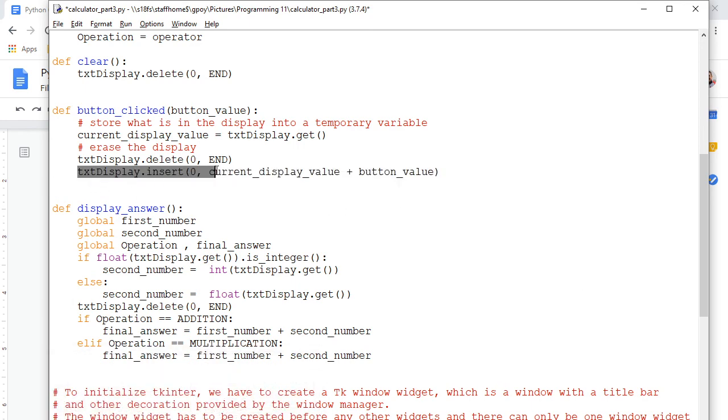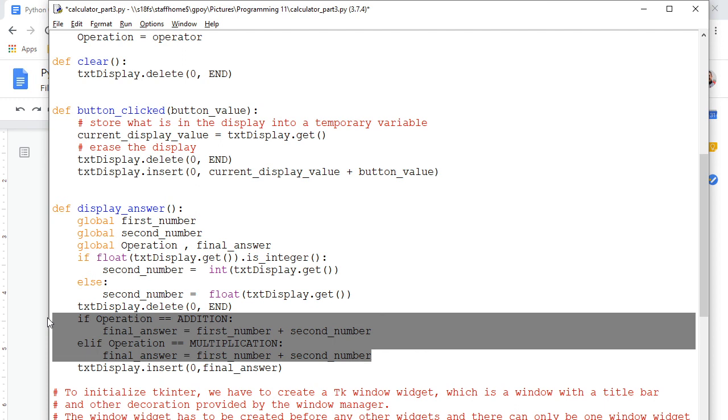And then finally, I want to put it in the display. And so I'm going to insert in the display, now that I've cleared it in the beginning, right? We cleared it right here. Now that it's cleared, what we're going to do is we're going to put the final answer into the display. Okay? So that should work, something like that. Of course, you're going to have to put more operations in and test it out and see if you can get the program to work. That's one of the last steps. And then the final thing